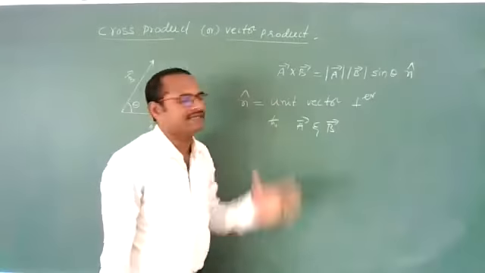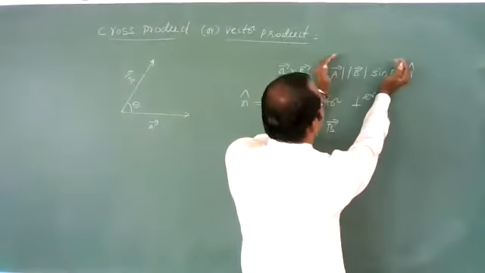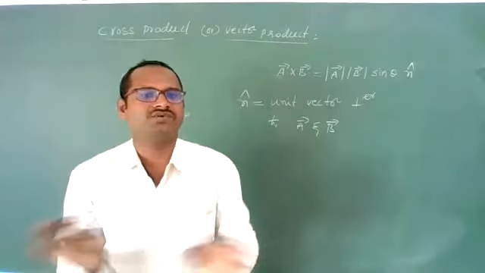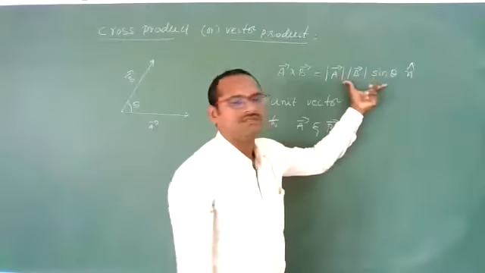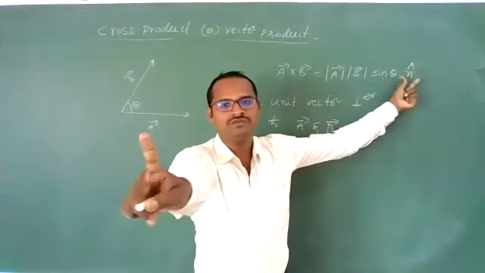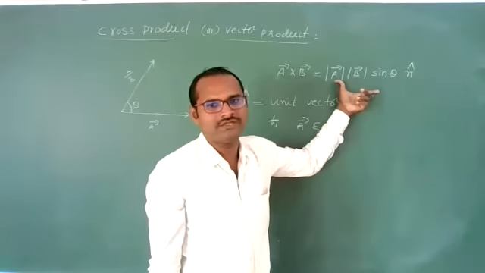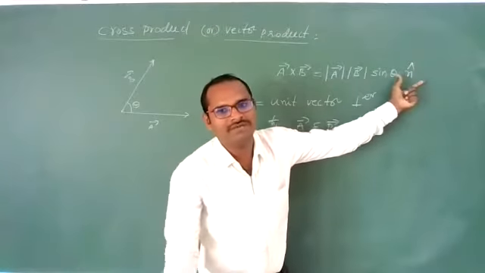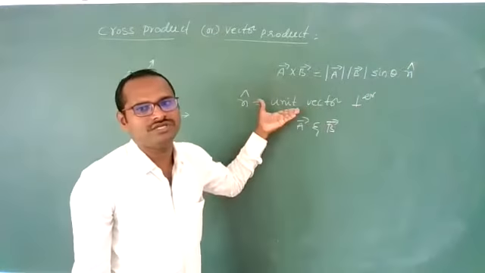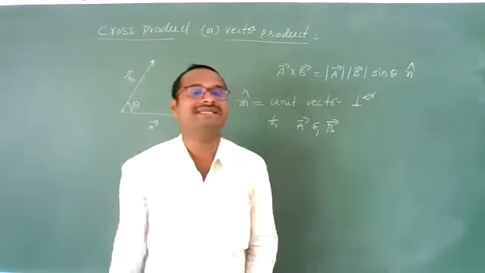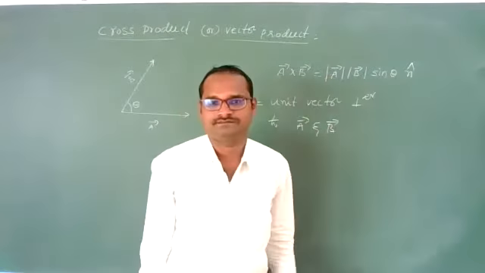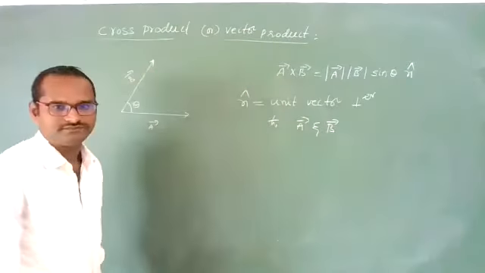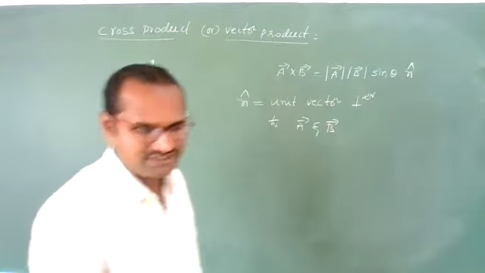Why am I using a unit vector? See students, this gives you the magnitude. For that I should add direction. I should add just a direction. I should not change the value of this one. Then what can I do? I can multiply with one. Nothing will happen to this magnitude, but at the same time I should give direction also. That I can do with the help of a unit vector only. So that's why I am using a unit vector. Now that unit vector direction decides the direction of A cross B. Always we take the unit vector direction perpendicular to A and B. Very important, you must remember this one.